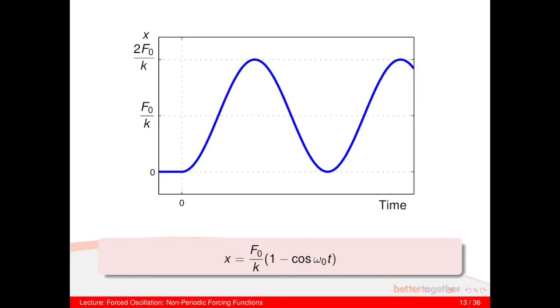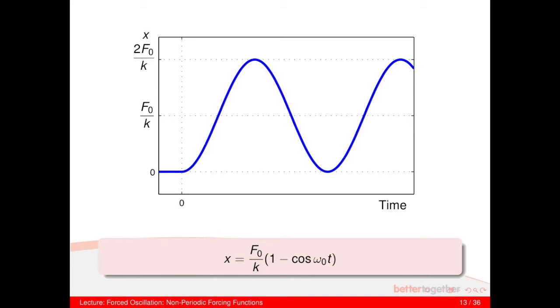Okay. Here's the solution, and you can plot it and it looks like this. So you start off at time equals 0, there's no force, so it's not moving. You apply that constant force and the thing will start oscillating. Obviously the step forcing function is being applied, and so it's going to oscillate backwards and forwards. Because we've got an undamped system, it will continue oscillating backwards and forwards, and it'll oscillate around this position